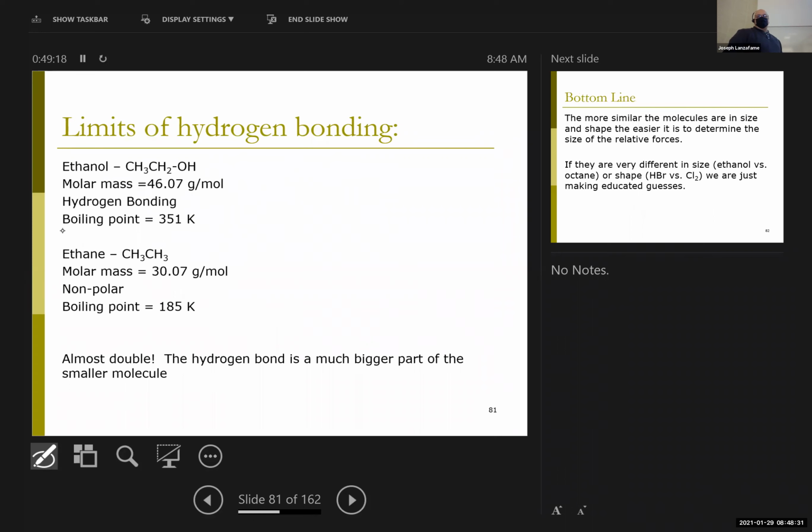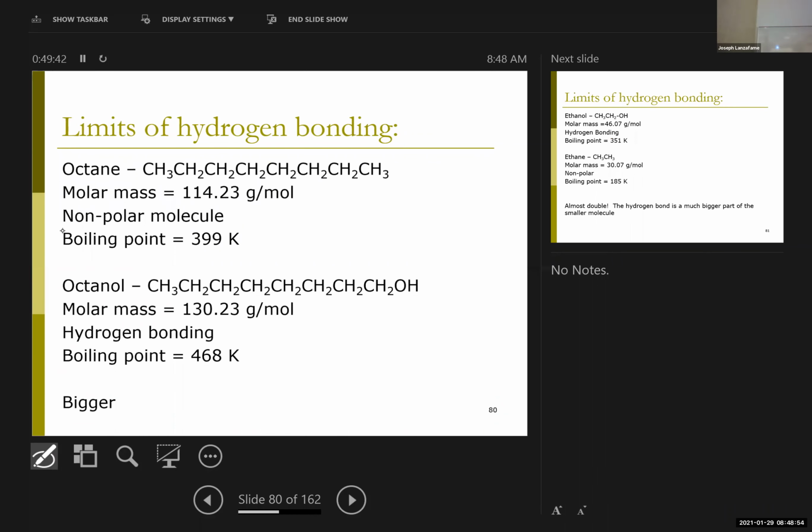And we're just about out of time, so you see a much bigger effect with a smaller molecule with a hydrogen bond. Here's ethane and ethanol. Again, caterpillar with a hydrogen bond on the end versus caterpillar without one. Now there's a gigantic factor of almost 2 difference in boiling point, whereas for the octane and octanol, yes, the hydrogen bond is helping,